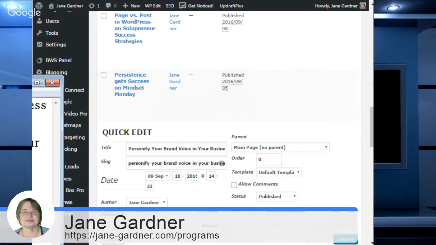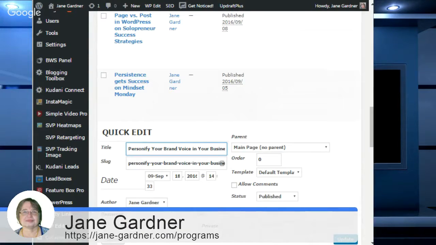Whereas a post would be within your blog, and if it's the last post of the day, it will show up as the first location in your website. So let's go and have a look at that, I think, too, just so you can see the difference. So I had a post I did today, and it is in the blog. When the blog is on my